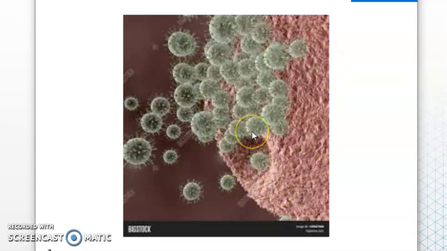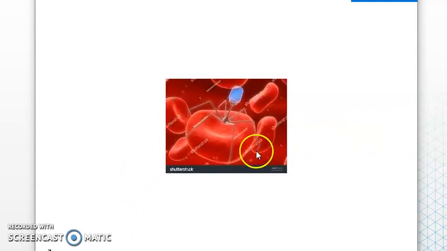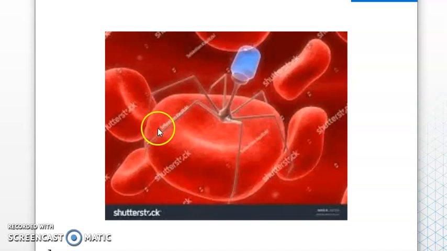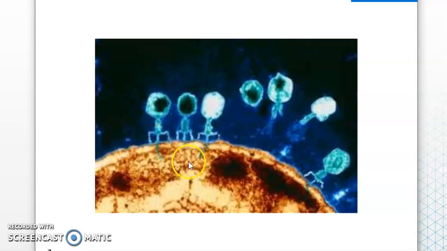Now the cell is going to be damaged because inside the cell there are no more organelles. Organelles have been killed and changed into a factory of viruses. So this cell cannot work anymore as a normal cell. These cells have been damaged. The damage of this cell will cause the symptoms to start to appear. Here, this is a virus which is working from outside, destroying the cell from outside, causing the cell to be damaged from outside. This is also viruses that are injecting materials inside the cell and cause the cell to be damaged by these toxins or by these materials.